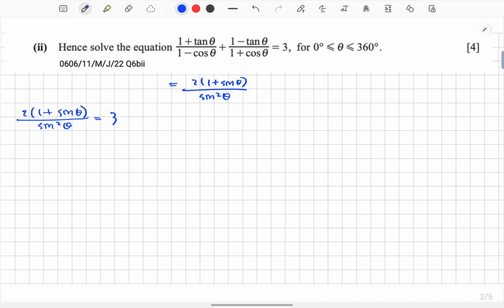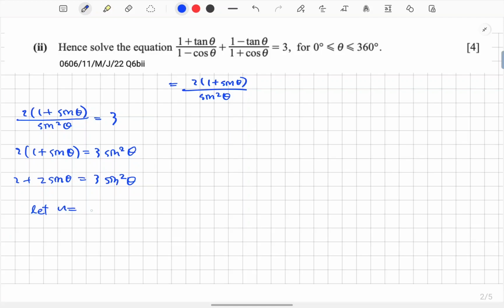We'll first have to simplify this. I'll multiply sine squared theta on both sides to eliminate the denominator. I'll now expand the bracket. Right now we can see a squared sign and a linear sign, so we can have a feeling that this is a quadratic equation. And now we can actually let